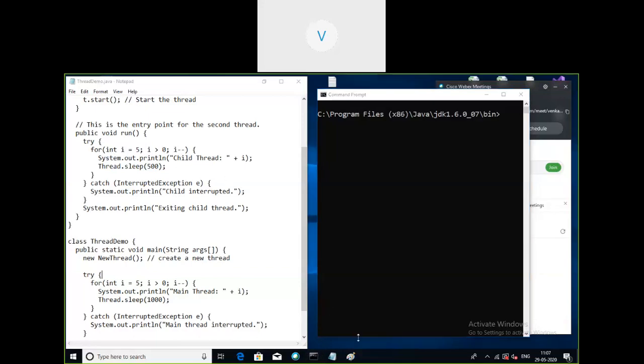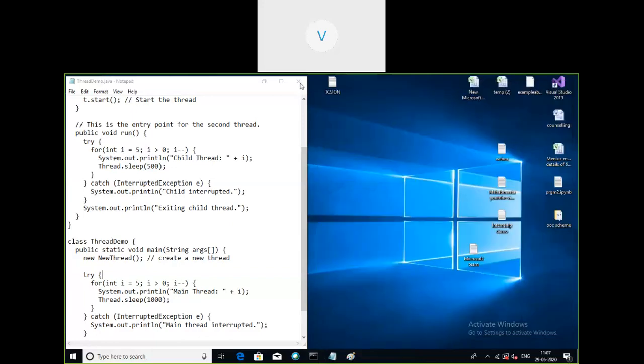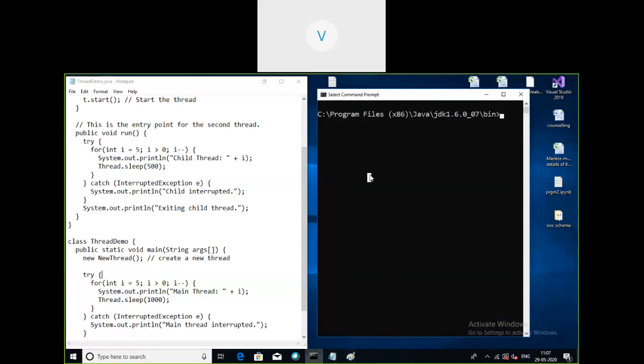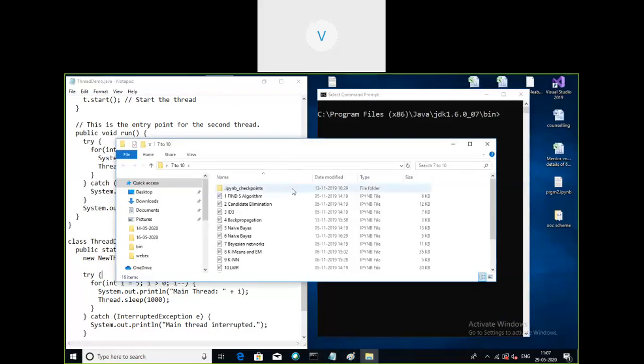Window is not responding. This text document is not working.